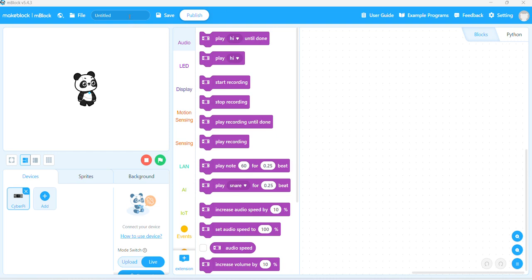Okay, first, from your mBlock IDE, we have to rename your project here. For example, sample.